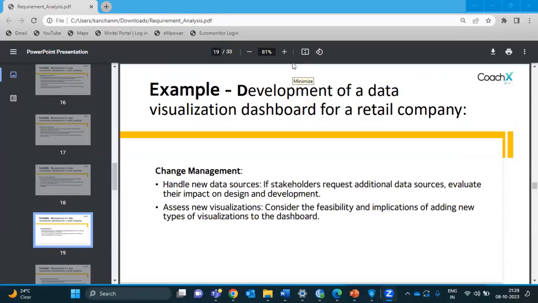No, it's okay. Then you will also have a change management process. अगर एक न्यू डेटा सोर्स ऐड हो रहा है तो आप चेक करोगे कि उसका फिजिबिलिटी डिजाइन पे कितना इफेक्ट होगा, कैसे हम इंक्लूड करेंगे, सारे अप्रूवल्स लाओगे। तो एक प्रोसेस आप फॉलो करेंगे अगर आपको कोई न्यू डेटा सोर्स या एक न्यू विजुअलाइजेशन ऐड करने बोला जाएगा, तो आप पूरा चेक करोगे। सो इन दिस केस स्टेकहोल्डर ने रिक्वेस्ट की है कि एक और डेटा सोर्स ऐड करो या एक और न्यू विजुअलाइजेशन ऐड करो, तो ये दोनों हो सकते हैं ये केस में।